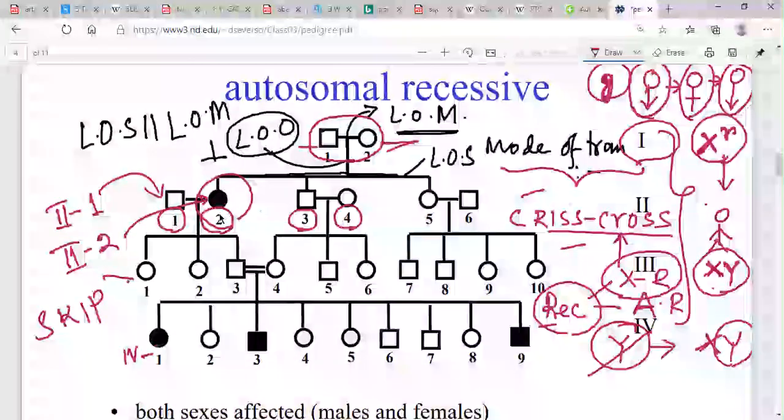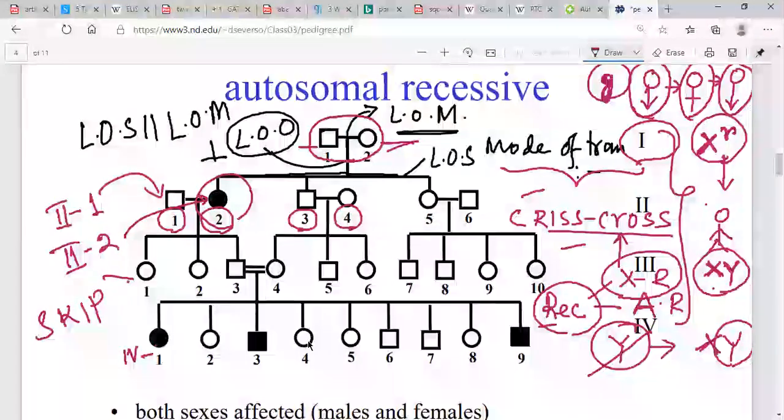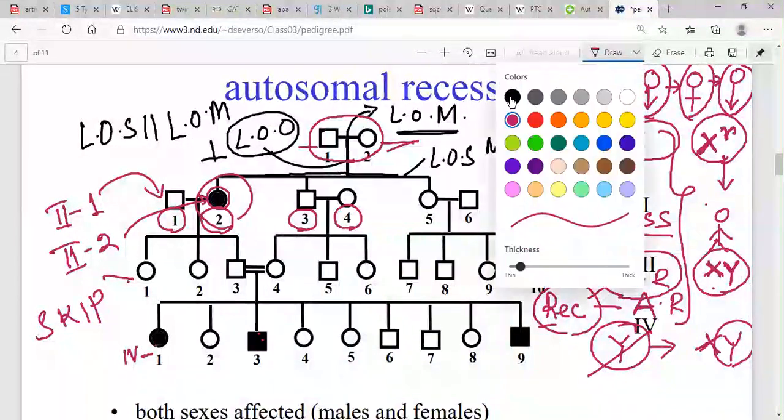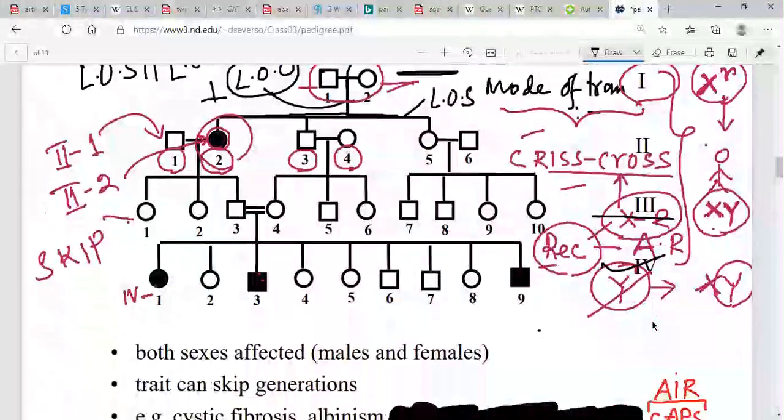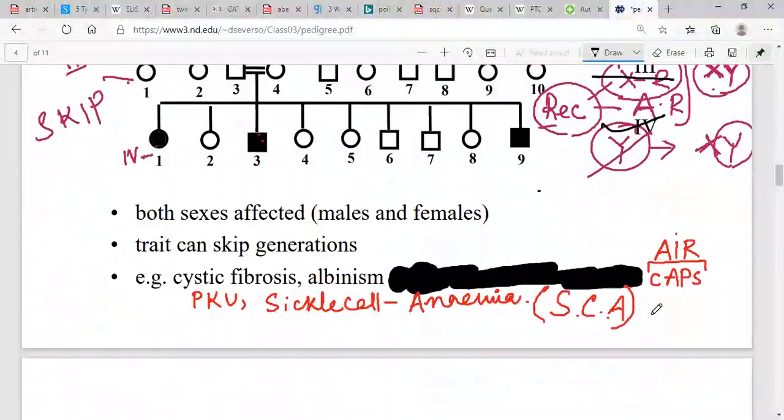But you cannot see that here, where male is affected, you cannot see any transmission like this. Here female is affected, then male is okay, then again male and female both affected. So there is no crisscross inheritance. So by elimination we can say it is not X-linked, so definitely it is autosomal recessive. We will be discussing future pedigree charts, so it will be clear for you.